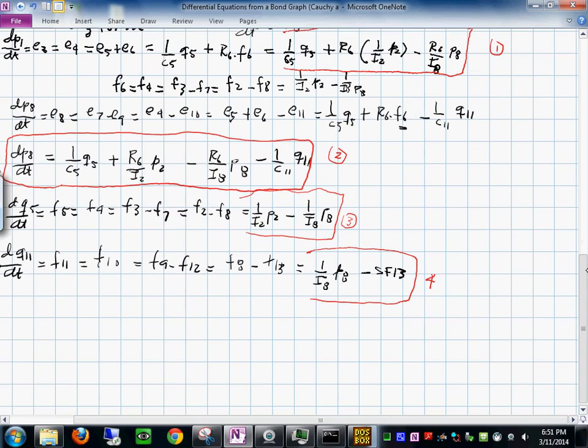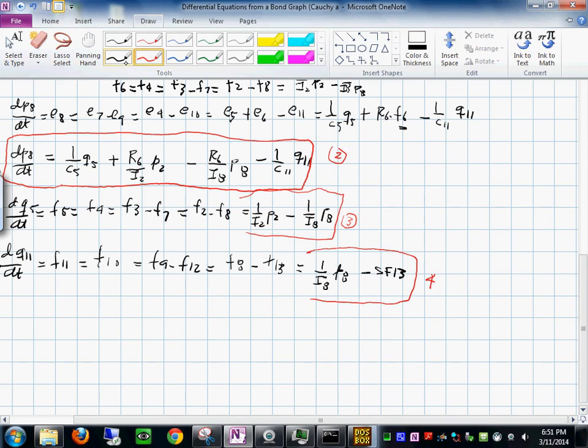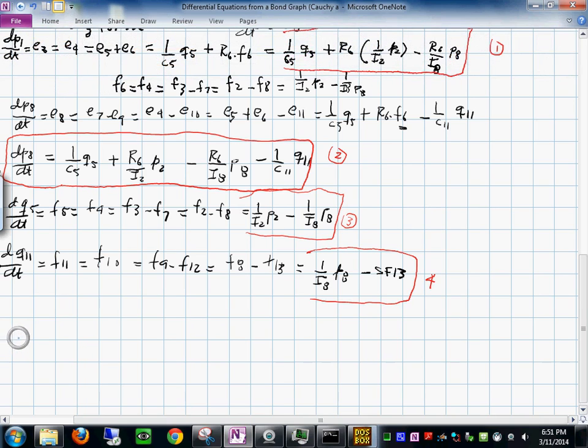So I could make a summary of these equations to keep it in a nice form, so that we could actually use those for the state space form, which I will do in the next lecture. But right now, why don't we just gather the equations in a nice way so that we have them ready to go. This dp sub 1 dt is equal to 1 over c sub 5 q sub 5